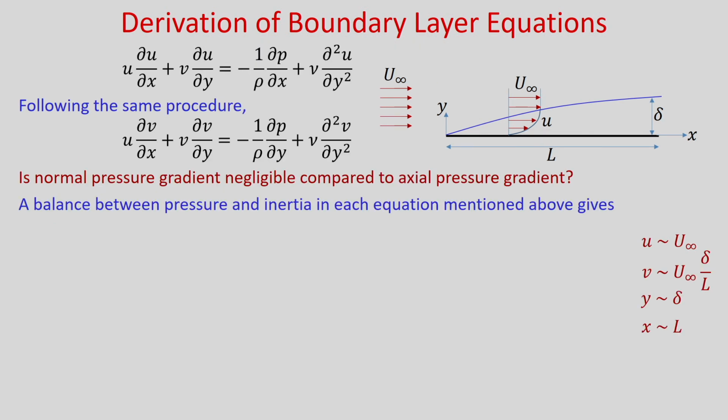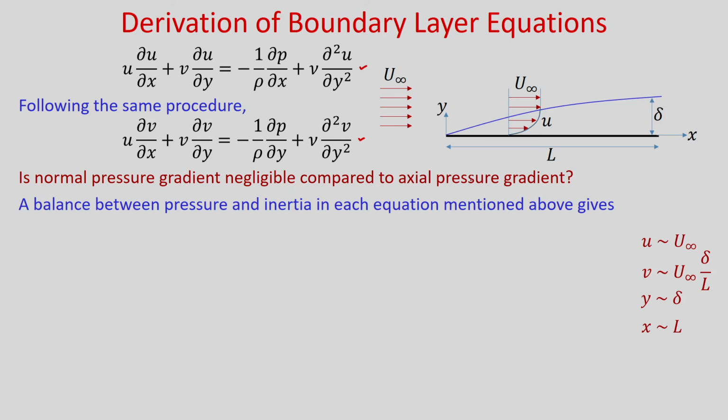So, now let us consider the y component of the momentum equation, and if you do the similar analysis, then you will find that inertia terms you cannot neglect, but in the viscous term, one term, del 2 v by del x square, can be neglected. So, we have already derived this equation, and following the same procedure, for the y component of the momentum equation you will get this.